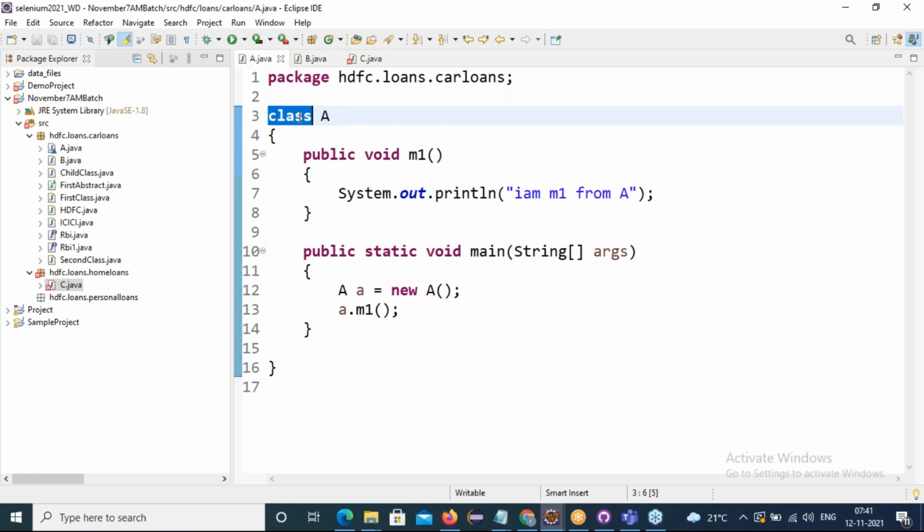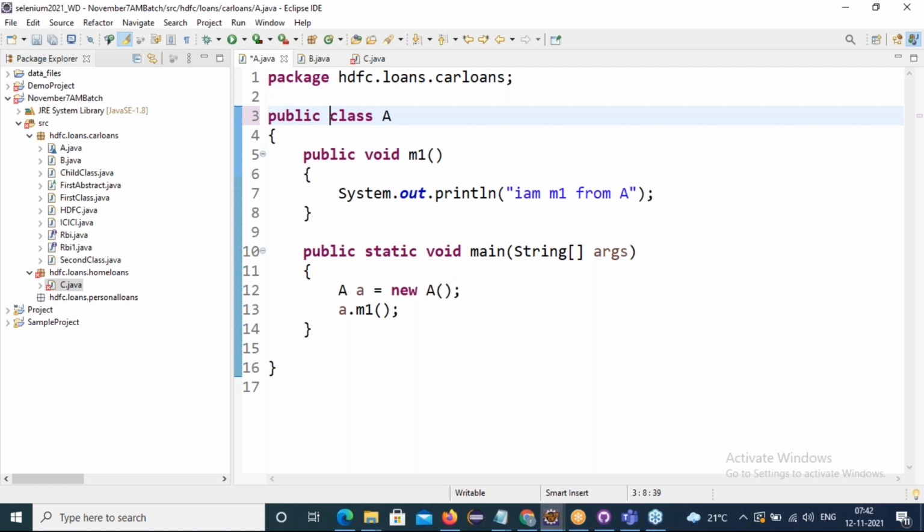Understanding or not? Because class A has default scope, the default access modifier can be inherited only within a package. In any class in the package I can inherit, but not outside the package. If you want to inherit in outside package classes also, what do I need to do for class A?